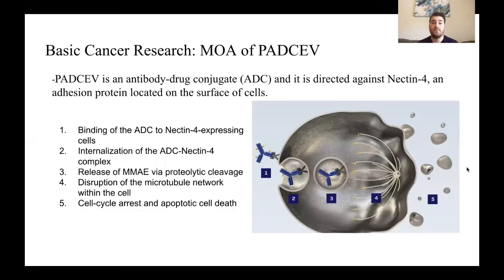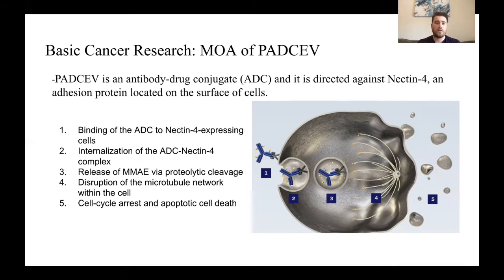And so PADCEV is an antibody drug conjugate, and it is directed against Nectin-4, which is an adhesion protein located on the surface of cells. And I provide a little pathway with the picture, so we're just going to go through the steps real quick. First thing that happens, and this is just based off of non-clinical data, this is how they believe PADCEV works. They're not entirely sure, but this is the general consensus of what they think happens on the